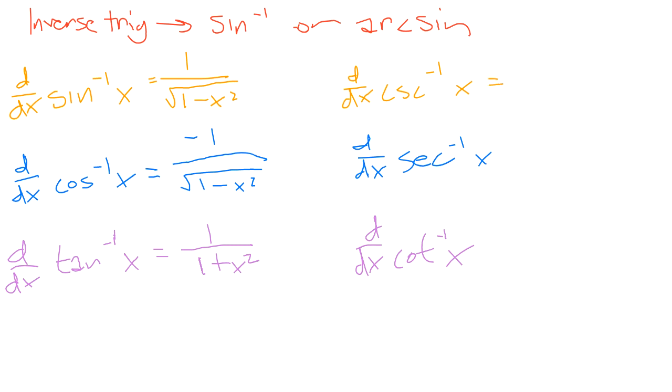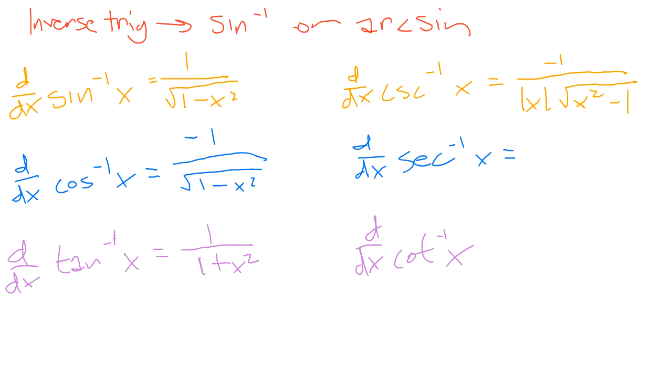So this time, for our inverse cosecant, we're going to get negative 1 over the absolute value of x times the square root of x squared minus 1. So it's mostly similar to our inverse sine, just a little bit different because of that negative and that absolute value. Now if we look at our secant,